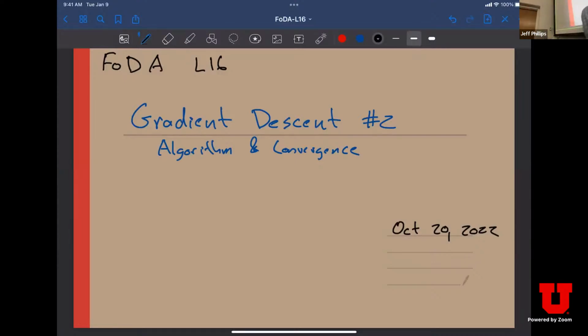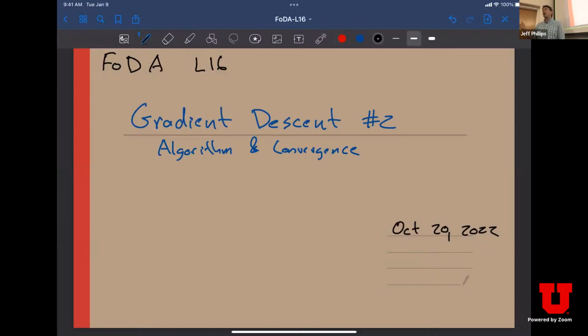So great, let's get started, everyone. Today we're going to talk about gradient descent, and we'll actually go through the algorithm today, which is surprisingly simple. Once we go through the algorithm, there are a couple of knobs you can tune in the algorithm, and we'll talk about the choice of those knobs. And through the process, we'll talk about